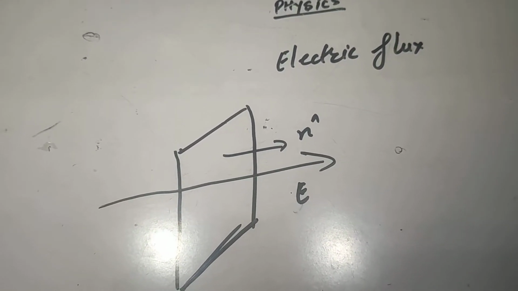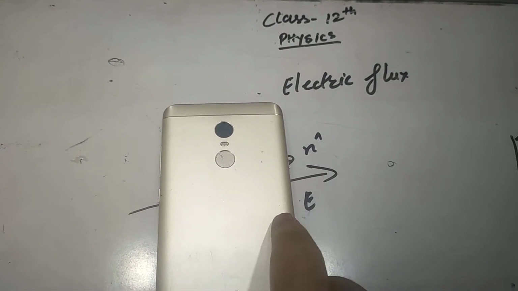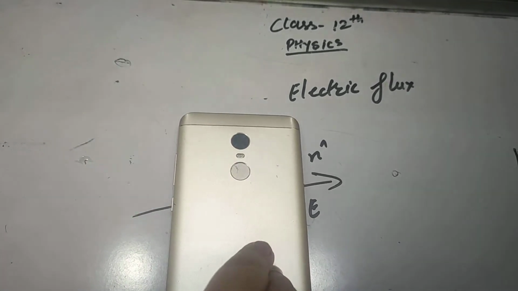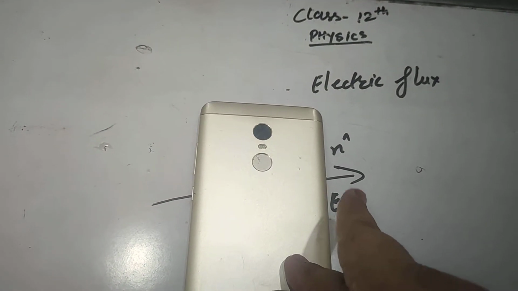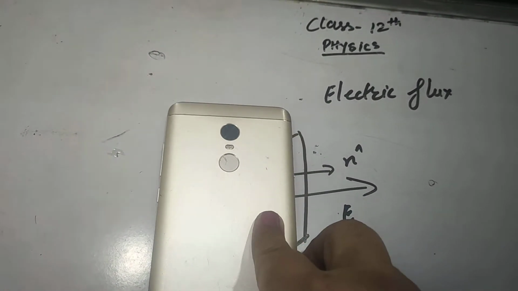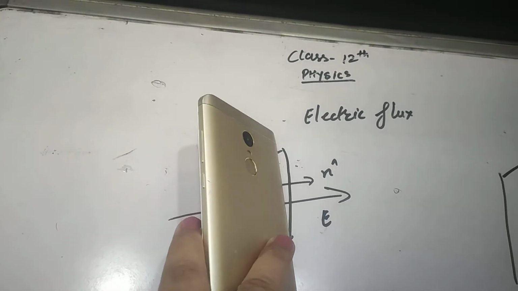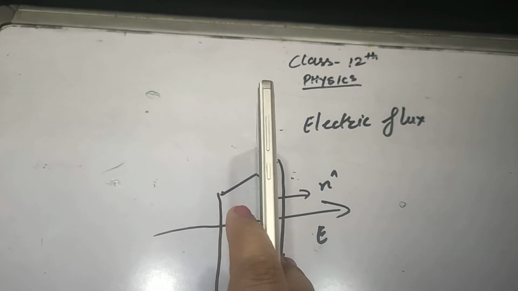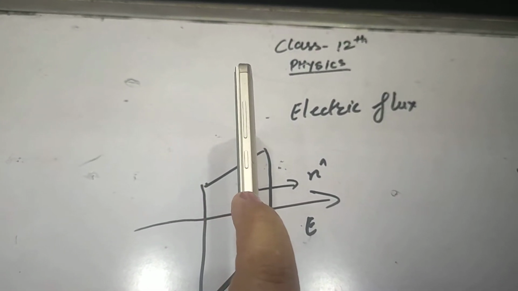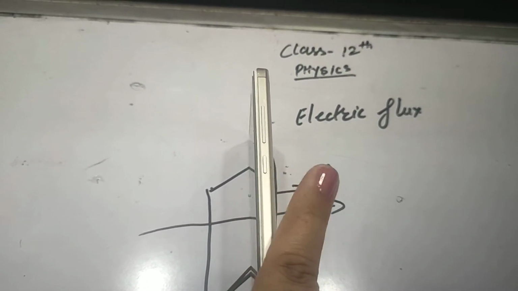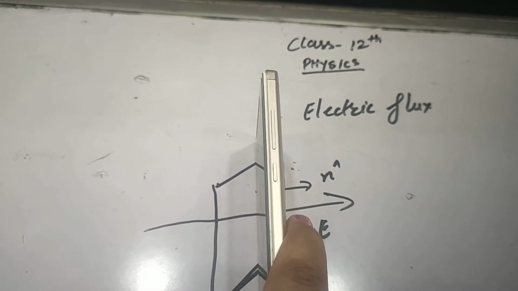This can be understood by the example. For example, we are having this body, right? You can see here the field lines are passing normally to it. So a number of field lines will cross this surface. If we are having a planar surface like this with normal field lines, you can see the field lines are normal to the surface and the normal to the area is also in this direction. So the angle between them is 0 and the maximum number of field lines can pass through it.